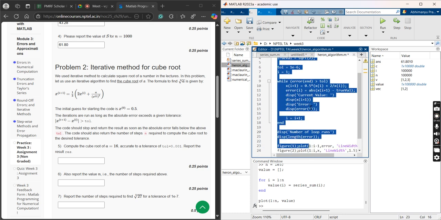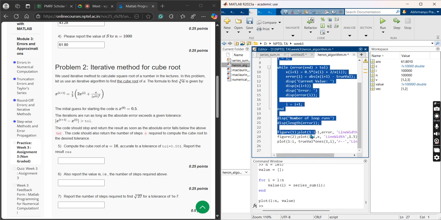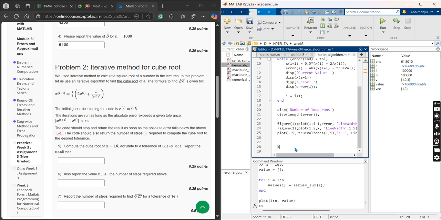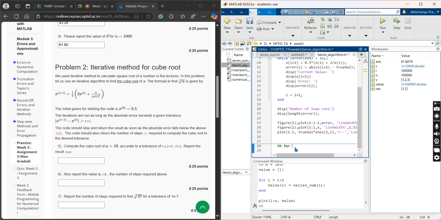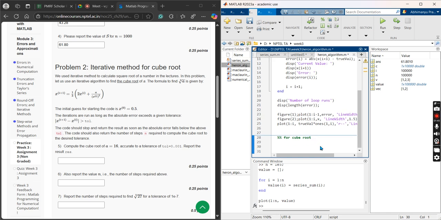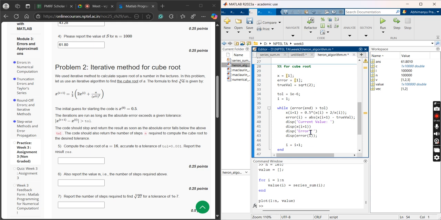Just copy this entire thing. For cube root. Okay, so this is for cube root. So for cube root of 2, right? Furthermore,